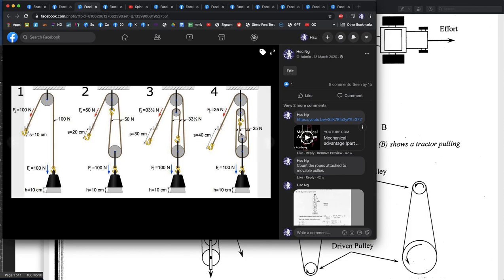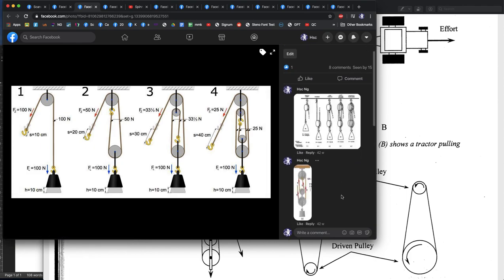Here with 4, see how there's 4 ropes touching moving pulleys? 1, 2, 3, 4. With 4 ropes touching moving pulleys, we get a mechanical advantage. Well, no, we get a velocity ratio of 4. Now, Khan Academy has a video where they go into a lot of detail if you really want to learn more about